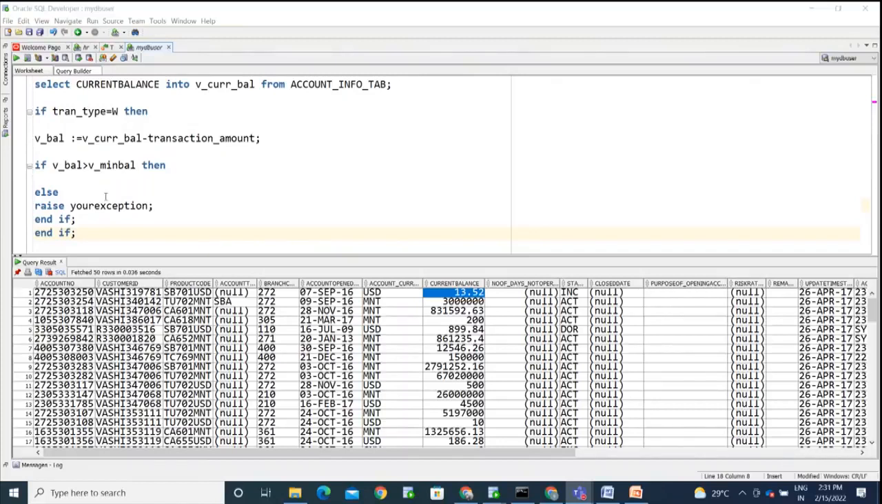See, first I am checking if transaction type equals W. Then inside, whatever transaction you are trying to perform, I am checking here. From the current balance, the withdrawal will be made. So I am comparing with that and storing it into v_bal. Then again I am checking the condition: v_bal is greater than the minimum. Then it needs to be a success. The transaction needs to be performed, like insert into the transaction table. Then you will go with the